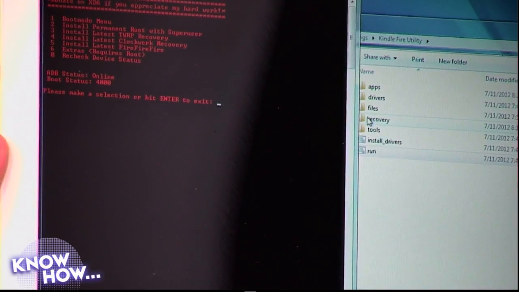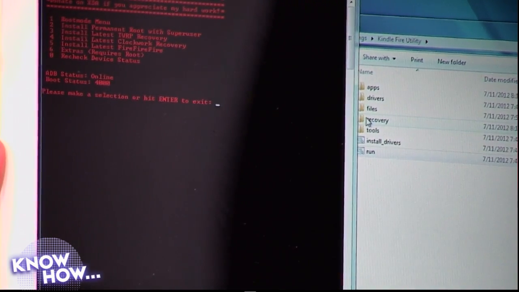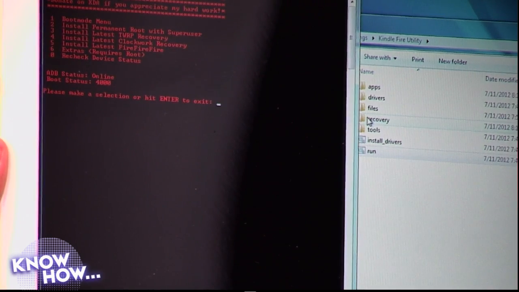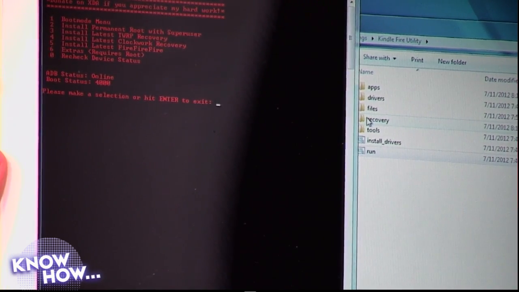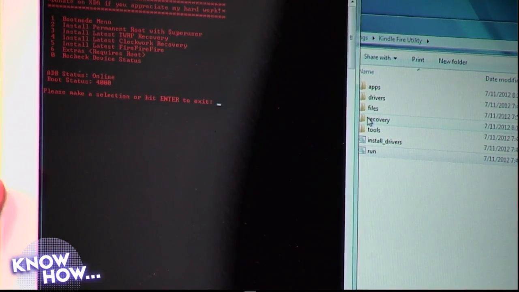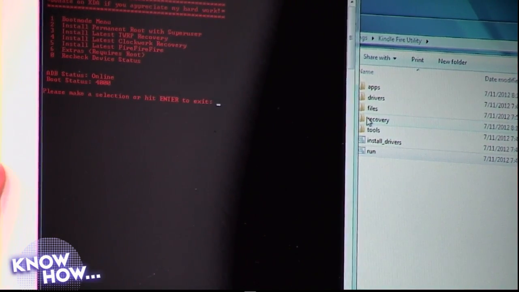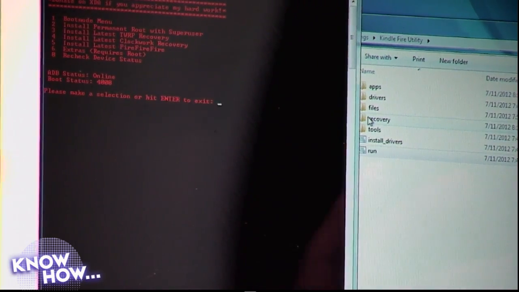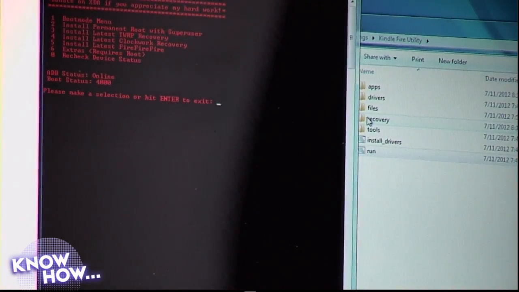And if you're looking at this screen, what's really important is the ADB status. If this says offline, you have to go back and check your drivers. You have to either uninstall the old driver and then reinstall it. If this thing doesn't say online, you are not going to be able to use it. So make sure it says it's online. The trick I found, by the way, this is how I found it offline: I connected the Fire first, and then Windows wanted to install its own drivers, and that mucked up things. I had to uninstall the drivers, then do it over again.